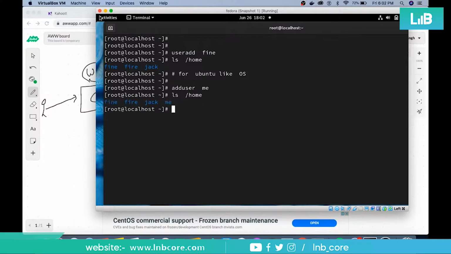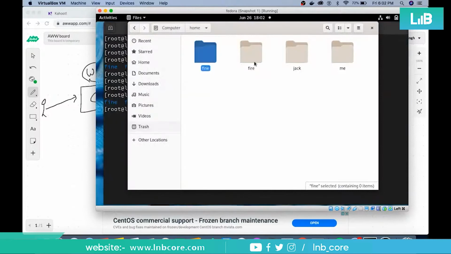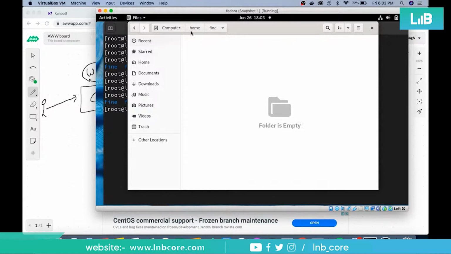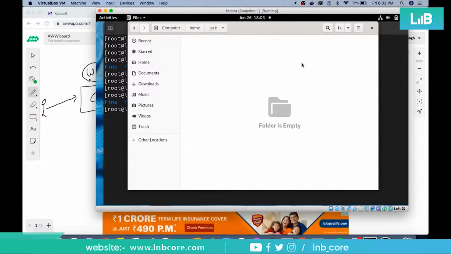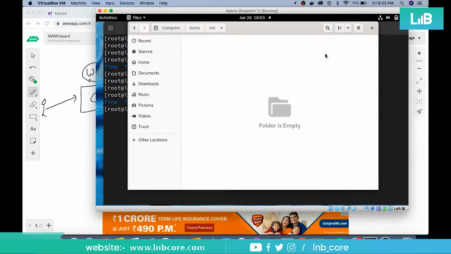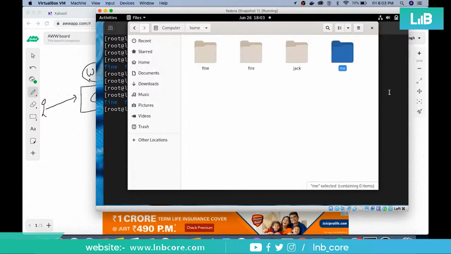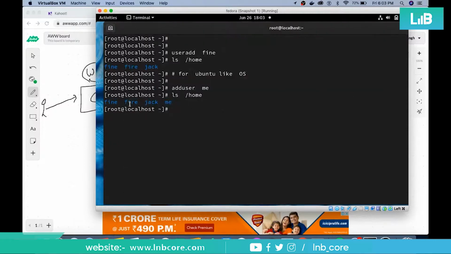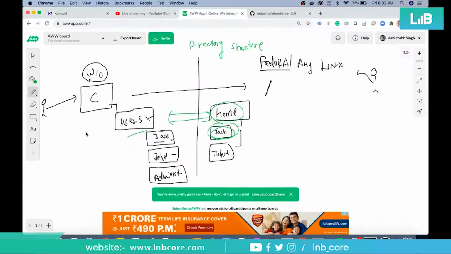Right, so if you go there, me, okay, there is nothing in fine, there is nothing in Jack, there is nothing in me. Okay, so अभी ऐसा कुछ भी नहीं है. Alright, so I hope ये दोनों चीज़ें समझ में आ गई होंगी. Okay, now next thing is,